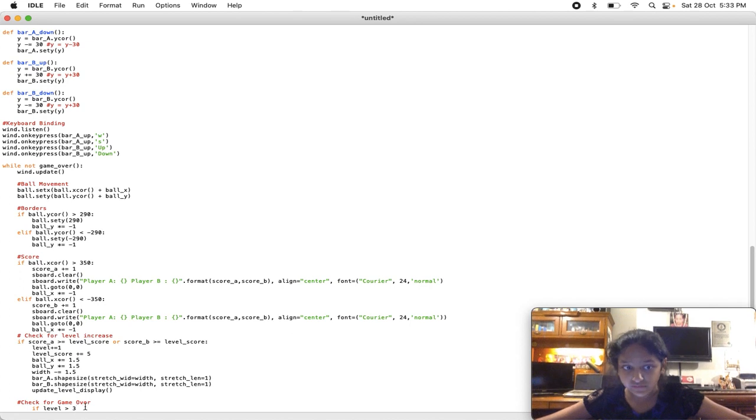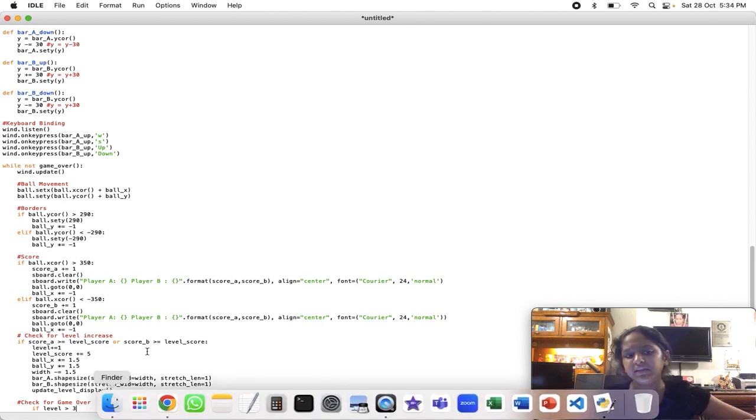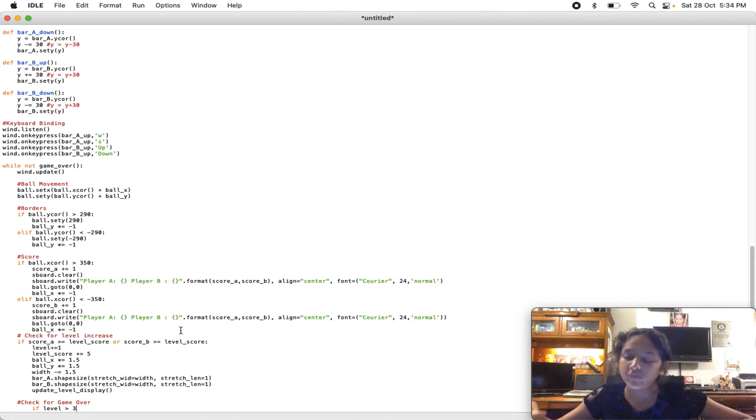So if level is greater than 3, not equals to, because we want 3 levels, right? If we wanted 2, then we would have given level greater than 2, right? So if level is greater than 3,